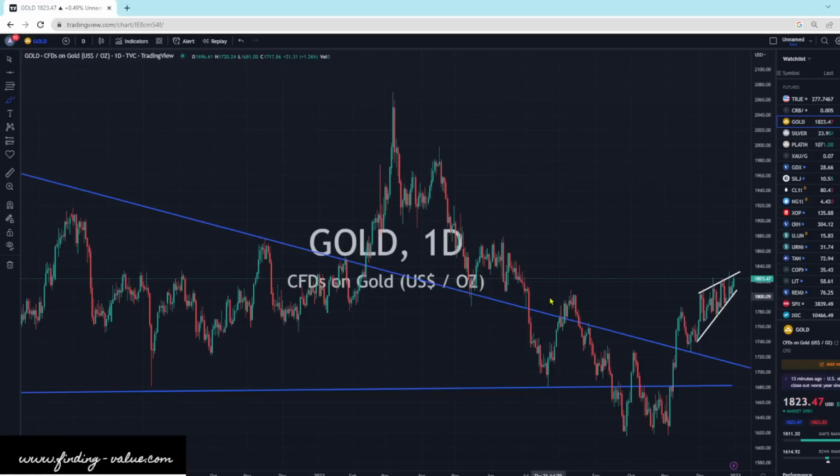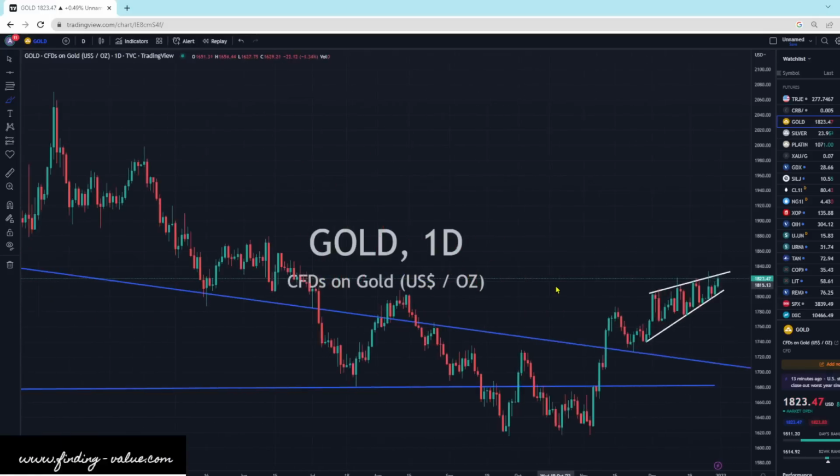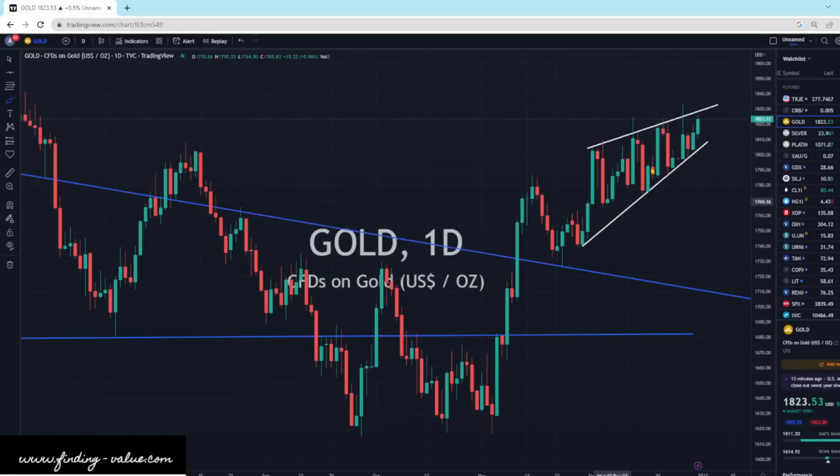Gold moving higher. Are we going to break out of this? Now, this is an ascending wedge. That is generally bearish. So if I were to say statistically, this would most likely go lower, but we're getting some buying pressure here. We do have a wick at the top a few days ago. We've got some wicks up here. There is some selling pressure as we hit that resistance wall.